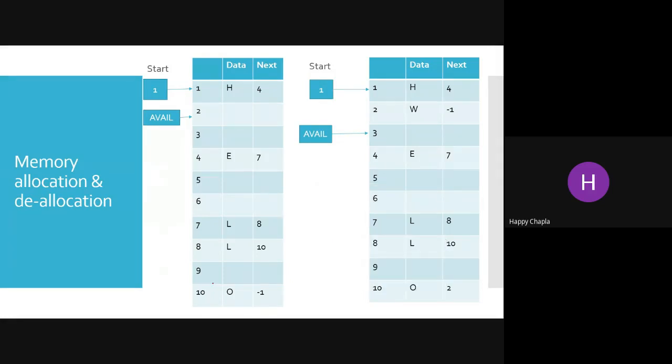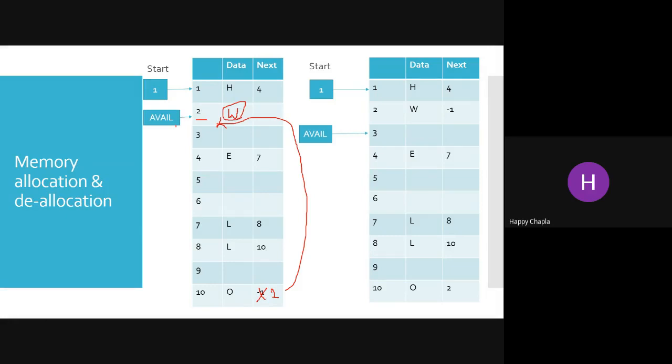Okay, so here if my avail is available and I want to store w, what do we have to do? I am just inserting my w over here, right? But at which location? Location 2. So now we have to give the 2 over here. So after reading this o, I have to jump to memory location 2 and find the data part, that is w.